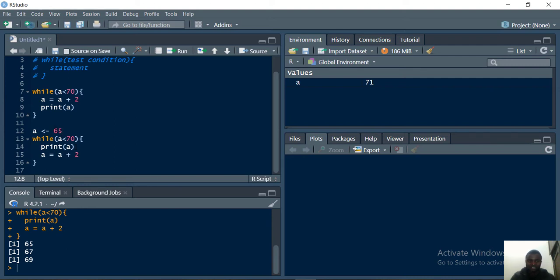You take the 69 to assume the new value of a that will be coming into the while loop, and so 69 for sure is also less than 70. And so what do we do in this particular situation? We go into the loop statement and execute whatever thing we have inside. So it prints 69 out, and then a gets a new value of 69 plus 2, which is 71, and